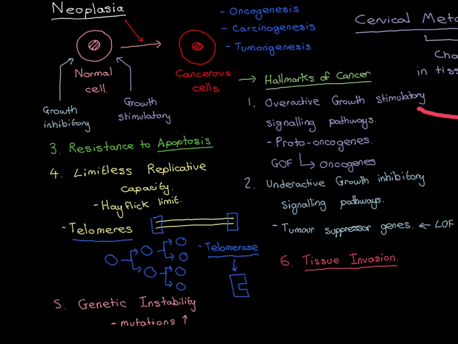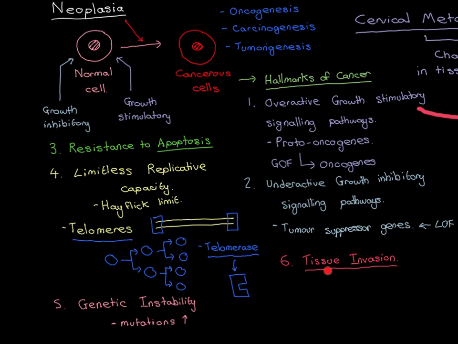So that is the 6th hallmark of cancer, and that's absolutely essential. That's what makes it dangerous. That's why it will destroy whichever organ it arises in. Now, there is another thing that I want to add on here which is not necessary for it to be called cancer, which is that the cells can become metastatic. Oh, and firstly, let me just explain